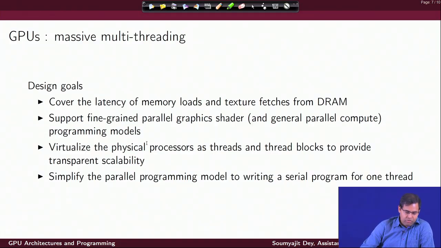So, with these design goals, this idea of GPU design started, and the overall objective also comprised that you should be able to simplify the parallel programming model by simply making a programmer write serial code about what one thread of computation is going to do. You write the sequential behavior of a single thread, and it's just the case that the thread works on multiple data points in parallel for doing all the operations sequentially.